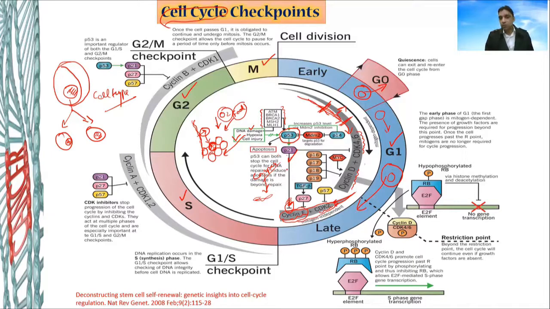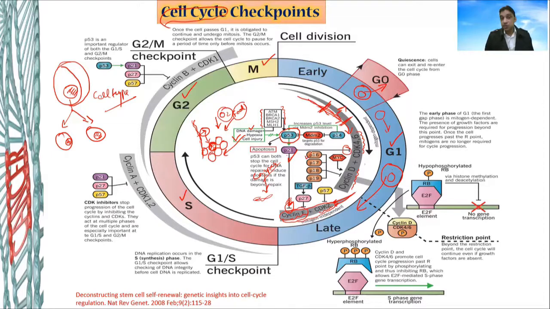So this is something we know. Now the P21 not only blocks the cyclin E in the late G1 phase, it can also block the CDK4 and 6. So that means this is a very strong inhibitor. P21 is a very strong inhibitor of the cell cycle. So under whatever the circumstances, if the P21 got activated, we can assume that the cell is not going to go for the cell division. And there are other things you should be able to interpret at the same time,